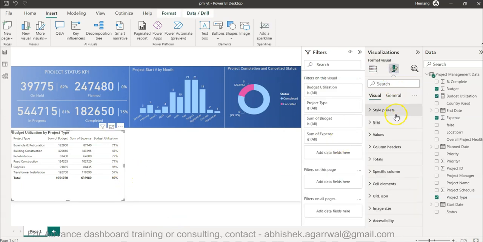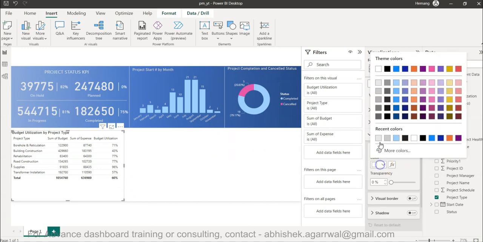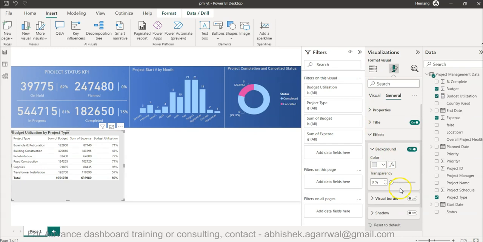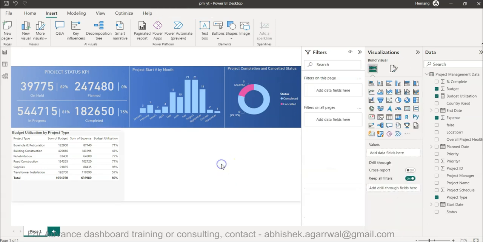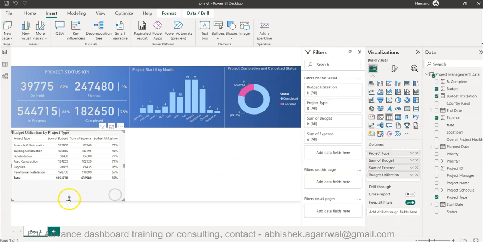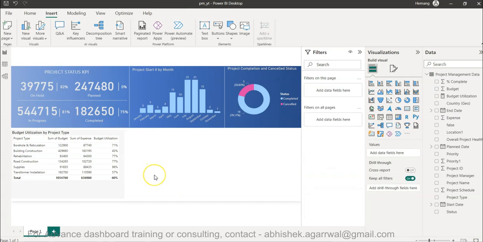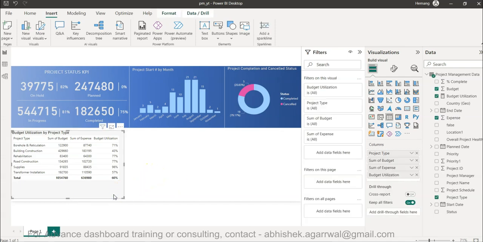Also I recommend that since it is white, just to get some better effect, let's put it gray, transparency 50%, 70%, just so that you know that this is something which is there. Okay, so that's one. Let's copy this